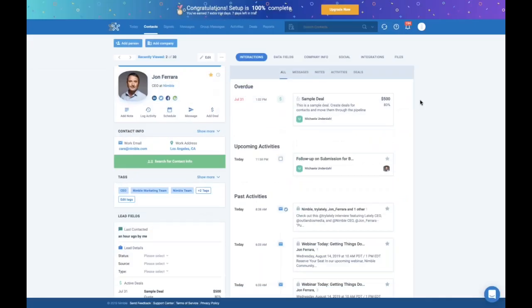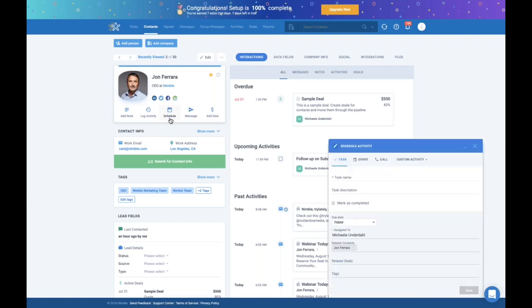So here we are in Nimble, on Nimble's contact record. And if you want to schedule a call or add a note to a contact record, you would click on schedule right here. So tasks, as I mentioned, they're to-dos. So it could be anything,